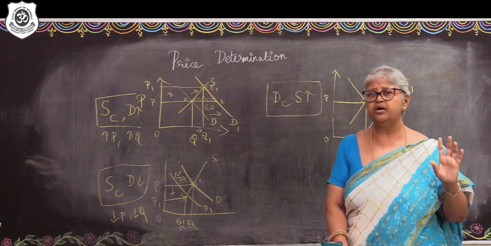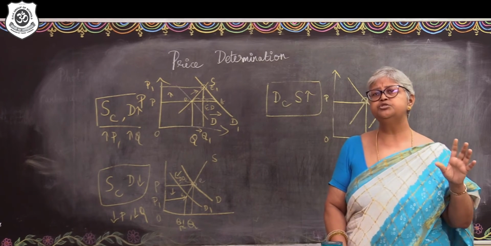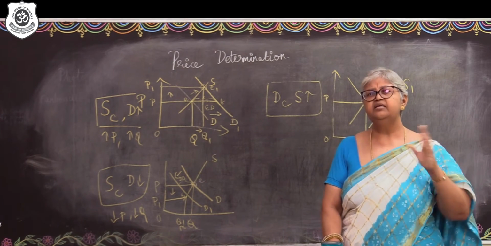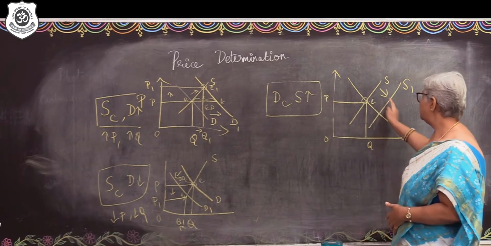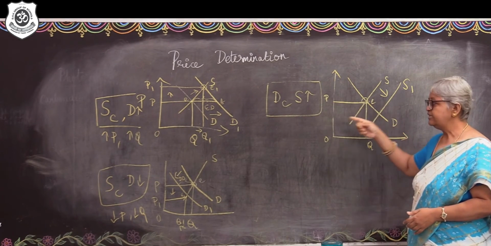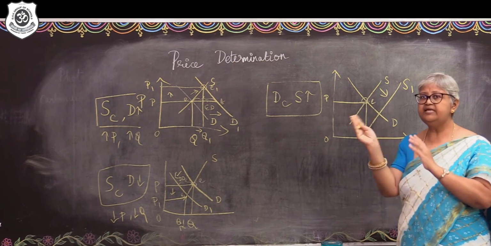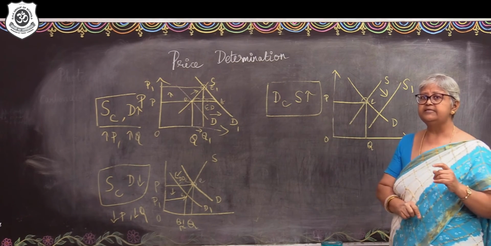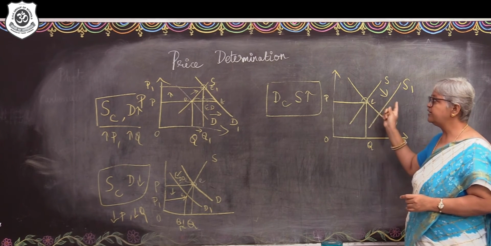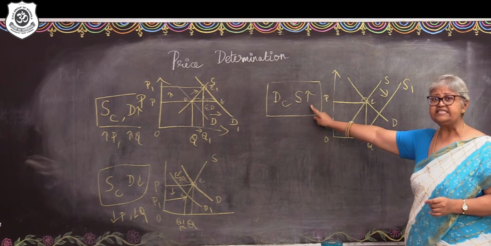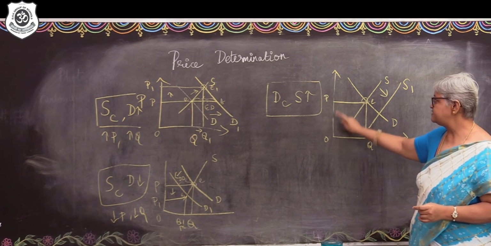So, whenever you are going to draw the diagram, definitely you will show the arrow mark. When there is a rightward shift, the arrow will show the rightward shift. And then the leftward shift, similarly, there would be a leftward arrow pointer. So, when the supply is going to shift to the right, depicting an increase in the supply, at this